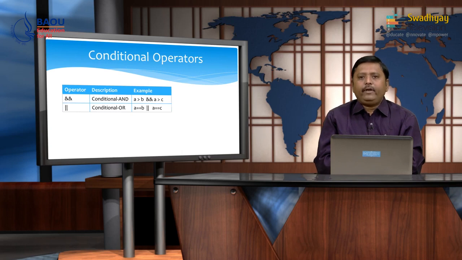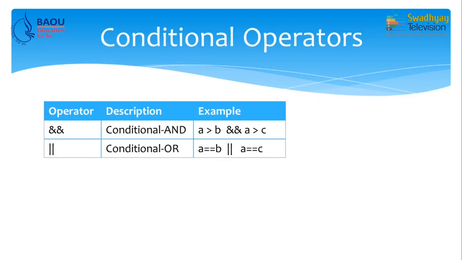Now, in a program we need to combine more than one condition. To perform this kind of operation, we have conditional operators or logical operators. The first operator is called the AND operator or conditional AND operator, and for that we use two ampersand signs, and you can see an example on screen.